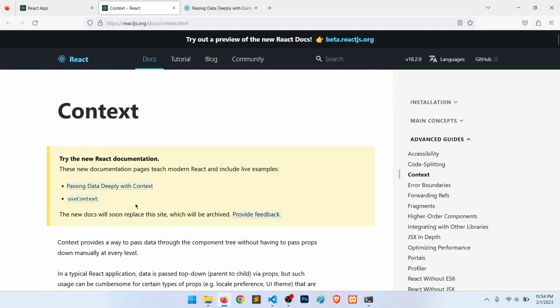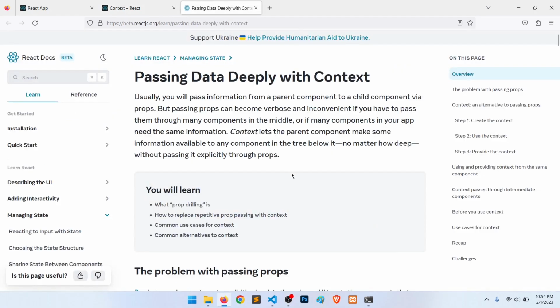Okay, and this is the new documentation screen they have developed. Here they are saying, passing data deeply with the context, right? Before, without the context API, we needed to pass props to every child element, but with the help of the context hook, we can just wrap the child elements in it, and then we can access the data. Okay, so let's see